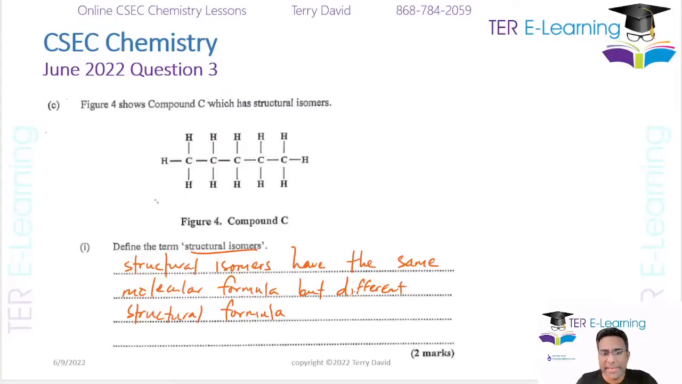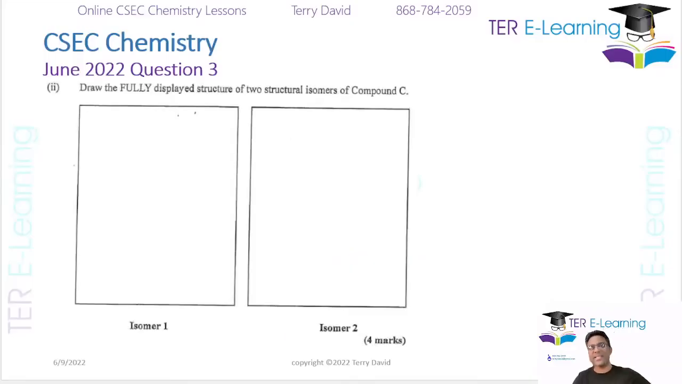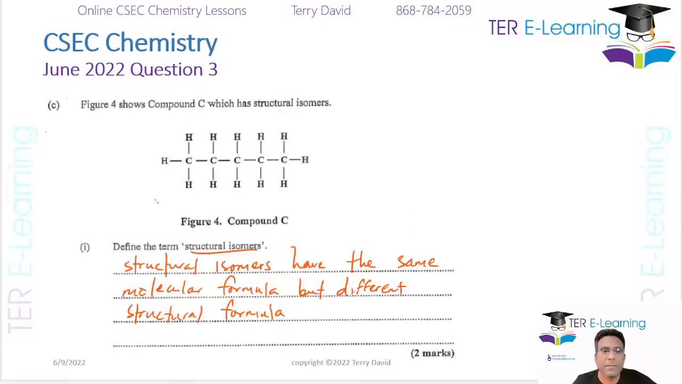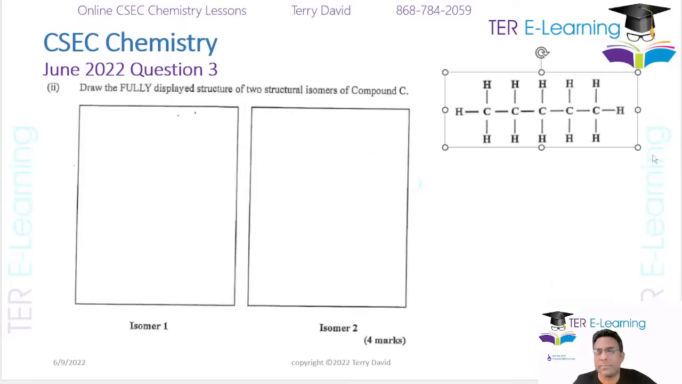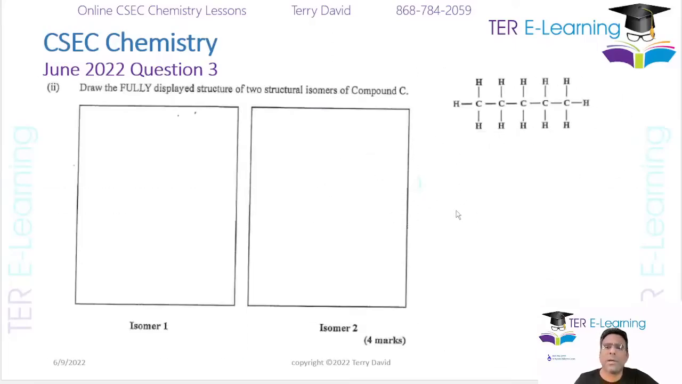All right, now the next thing that we want, so 2 marks for that. Easy stuff again. They want us to draw two structural isomers of compound C, right? So let me just pull across compound C here for you all. Right, so this is my compound here, and I want to draw 2 isomers here. And there are some students who make the mistake of thinking they're drawing an isomer, but they're not,